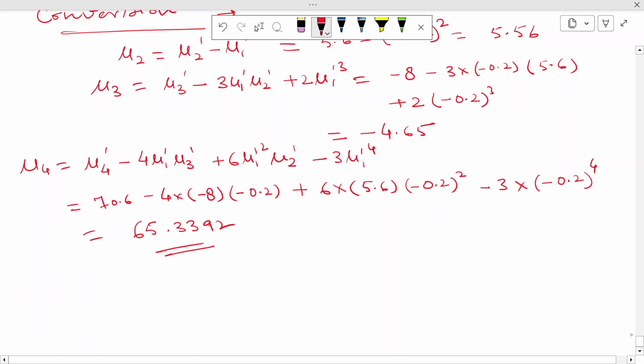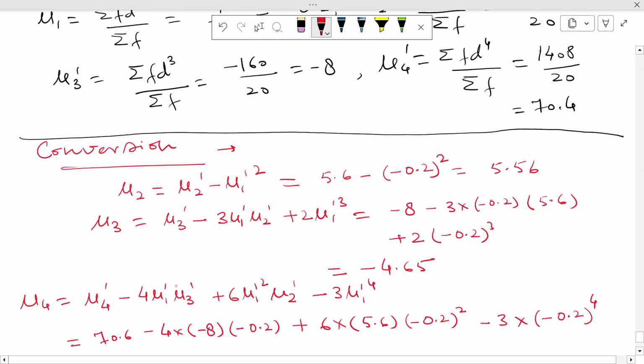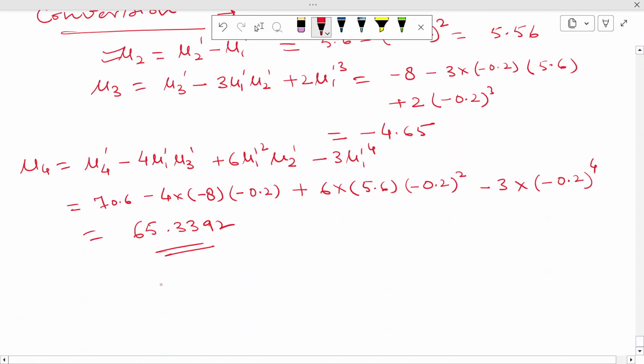Now another important thing is, if you have to find the variance for any data, in that case you need mu2. Okay, and mu2 means the central moment, the second central moment, right? And another important thing is, in the conversion formula,